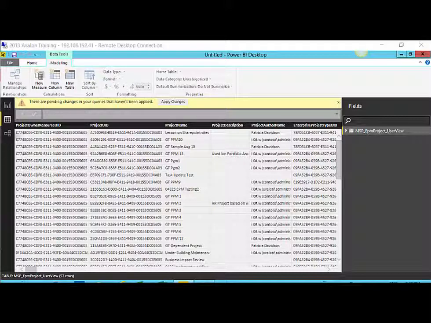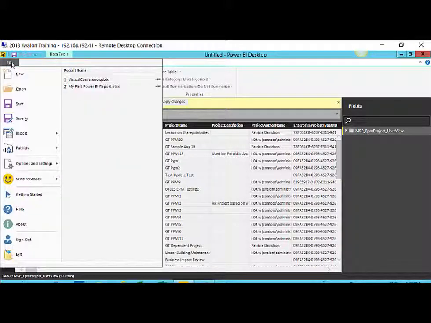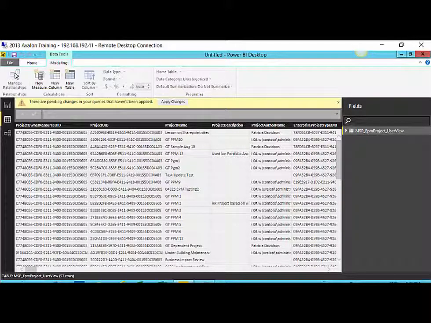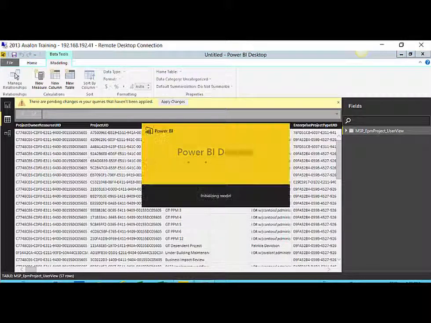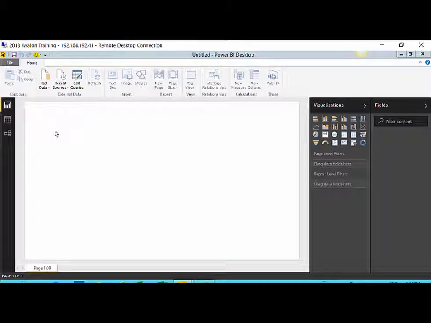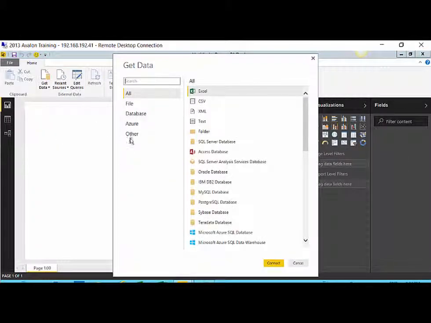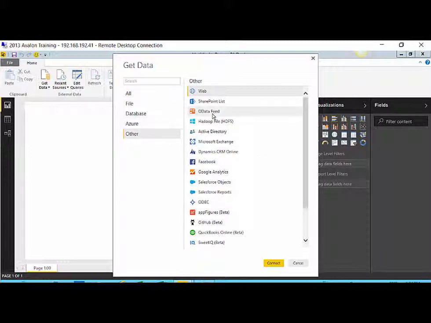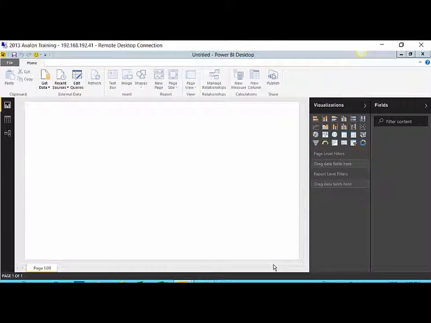To be a little more specific on which fields you would like to include in your query, I'll open up a new window of my Power BI desktop. And when I click Get Data, I'll follow the same steps as before: select Other, select OData Feed, Connect,